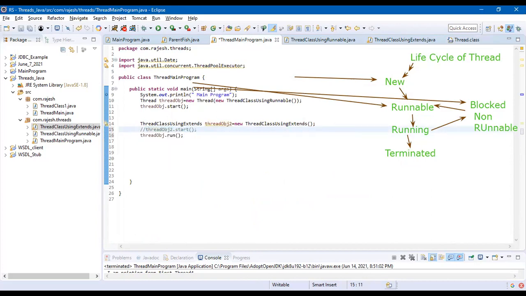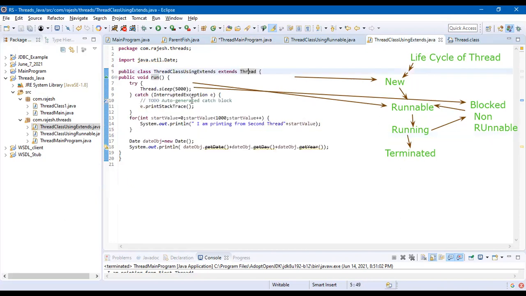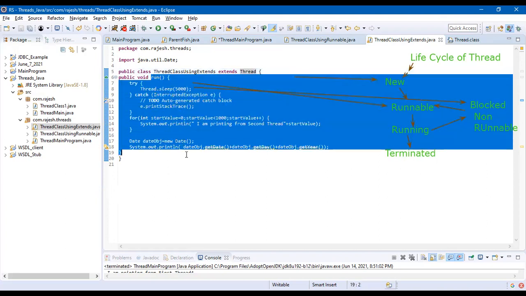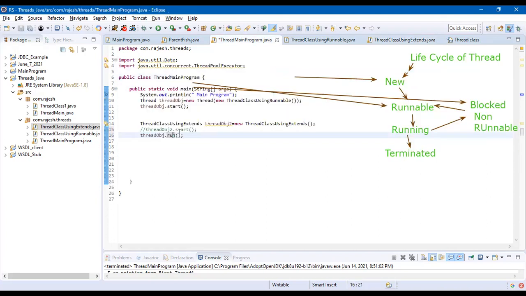This is also allowed, but if you call it like this, it will not be a thread. It will become like a regular method call inside a class object. You should know the difference between run and start. Start, even though it is not there in this particular class, it is there in the super class. When we call the start, it is indirectly going to call the run method internally using a thread. That is why we don't call the run, but if you call the run, the program will work like a normal Java program where we call a function.